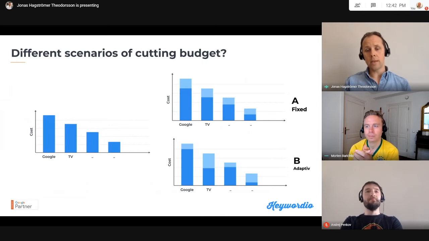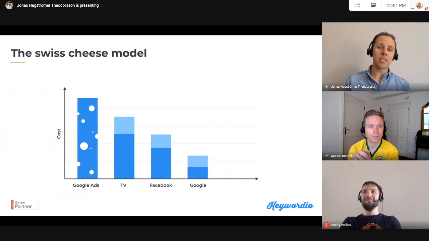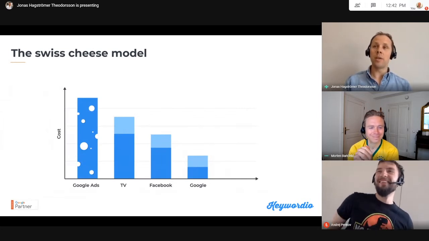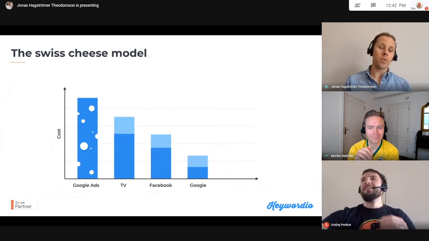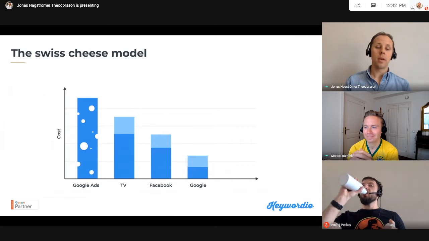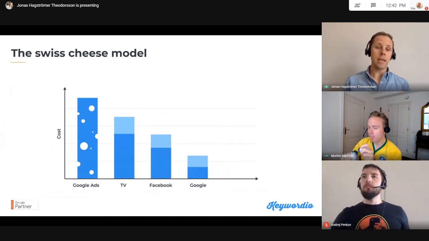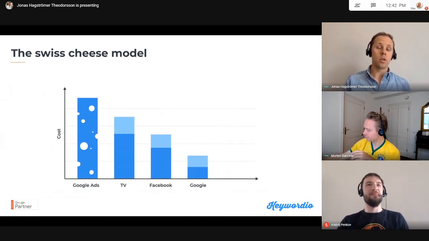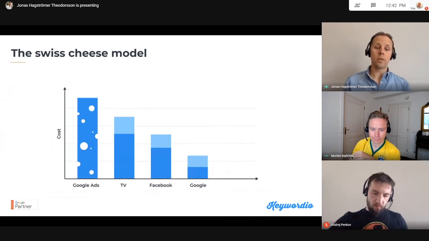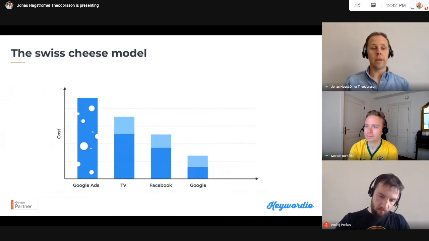What we really see is important here is that none of these models will solve this in an efficient way. You really need to look into what we call the Swiss cheese model, and that is to be super exact about how you are managing your budget. And typically in a channel like Google Ads, that is very, very complex, and you really need to look into the details. So many of the Google Ads accounts that we work with today have tens of thousands of different parameters that need to be evaluated together.